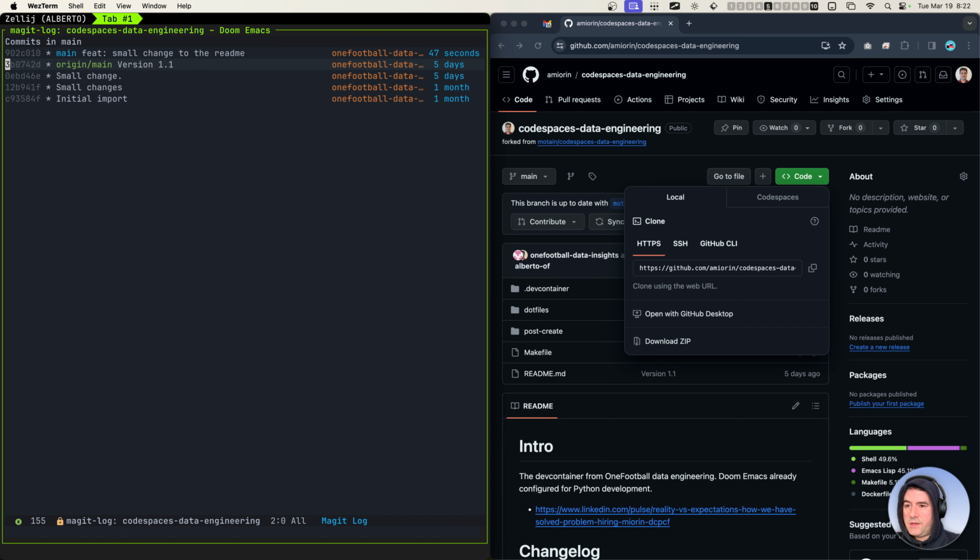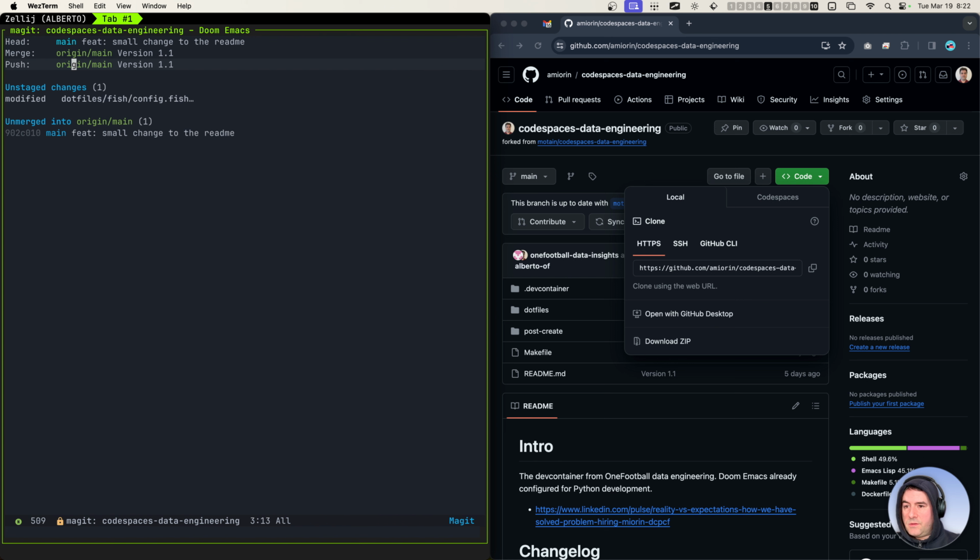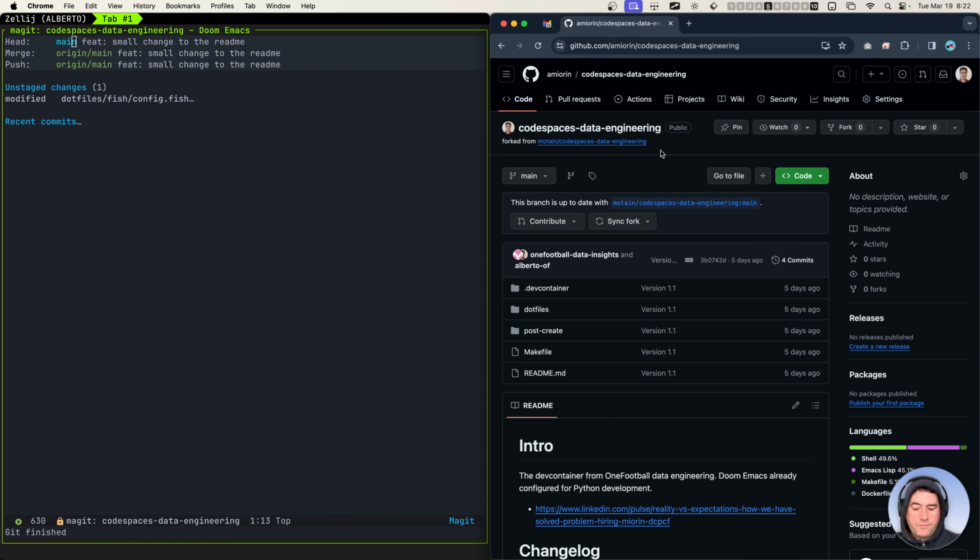If I check, I see this is my commit, and this is the commit in the GitHub version of the repo. So I could quit, then press P, and push, then I refresh,